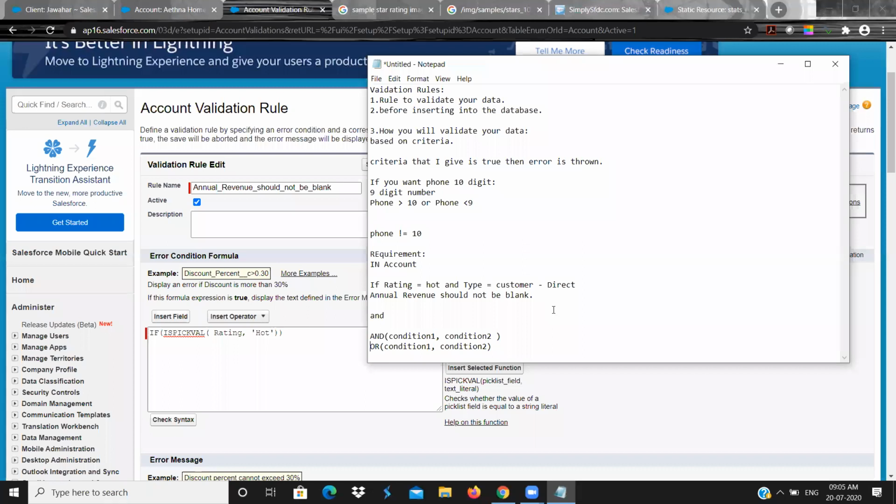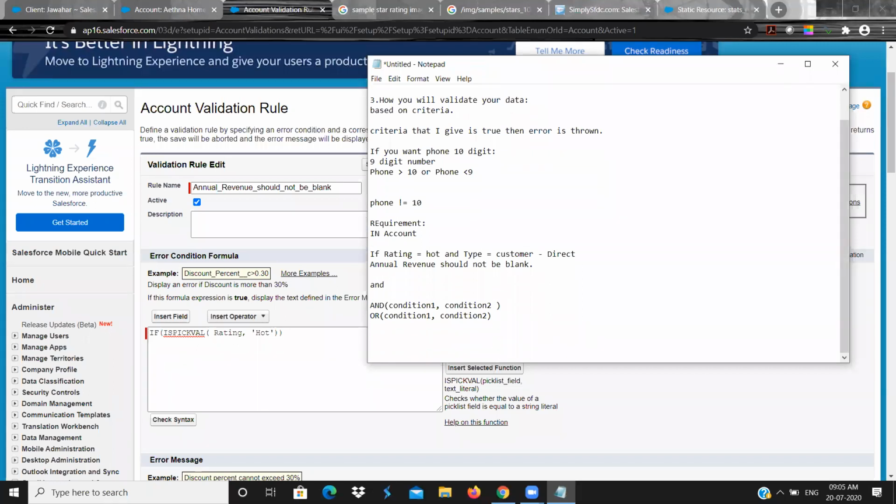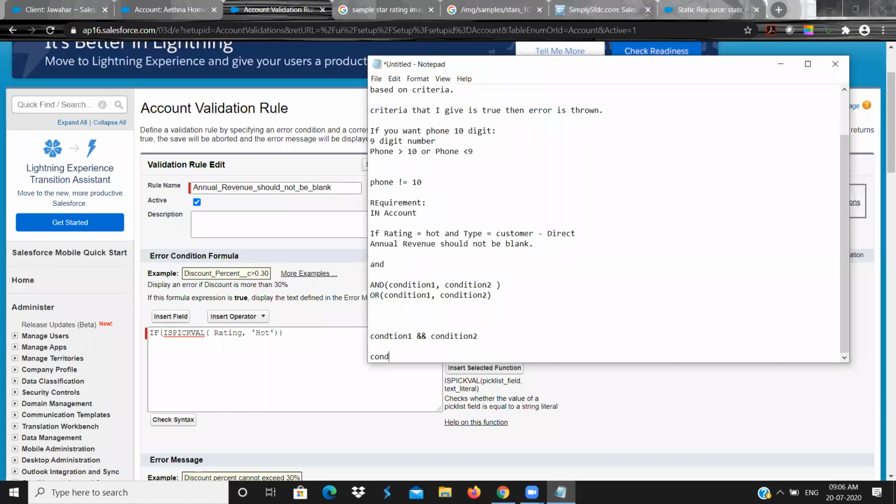Okay. If I don't want to use text and wanted to use a symbol, at that time what you can do is condition 1 && condition 2. So like that you can use it if you are using a symbol for AND. You have a symbol for OR also. What is that? Condition 1 || condition 2.